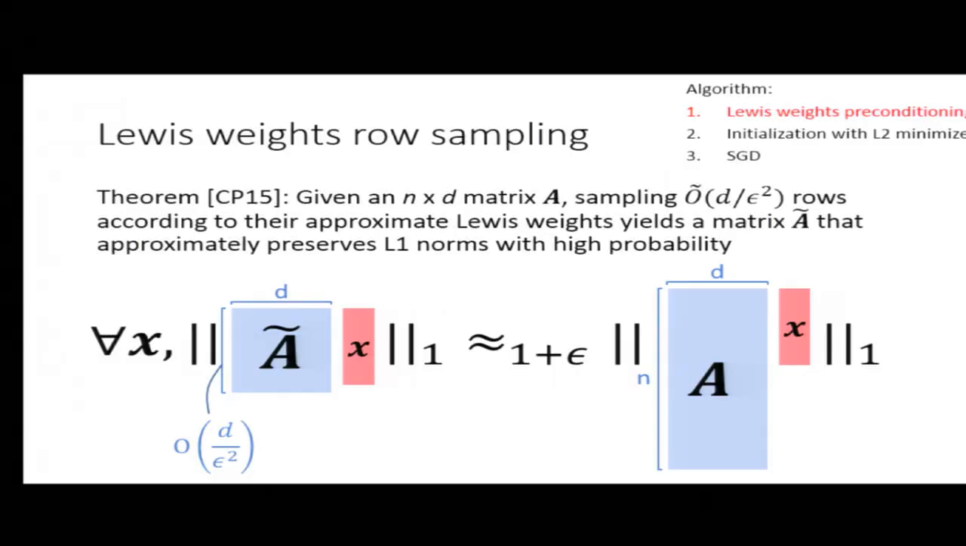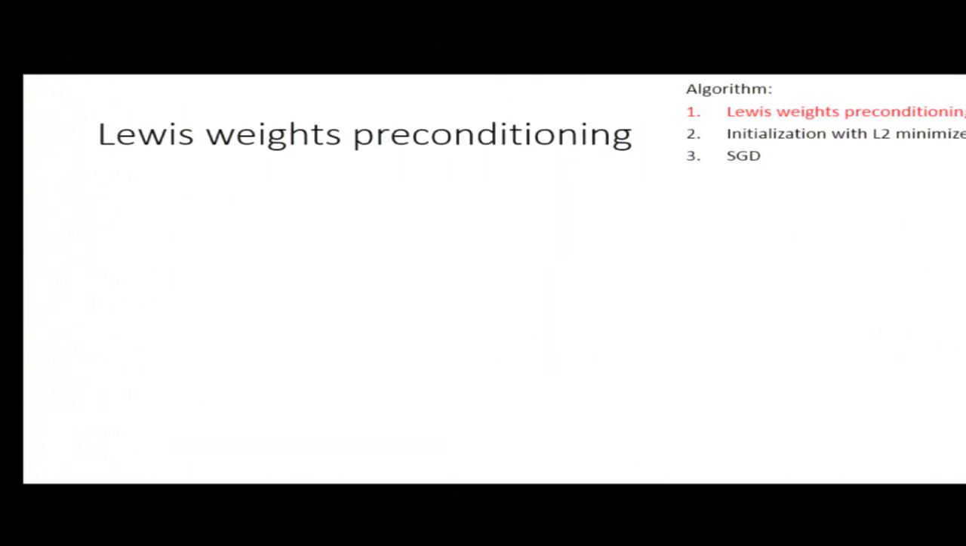For any d-dimensional vector x, the one norm of A tilde x is within a 1 plus epsilon multiplicative factor of the one norm of Ax. So this is nice because you can basically reduce your whole system to many fewer rows and then work on the reduced system. Okay, so the main algorithmic contribution of our work is this preconditioning,